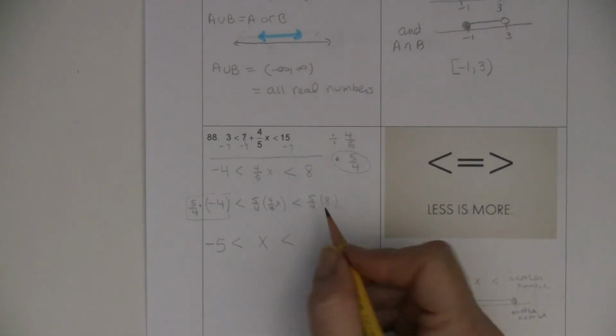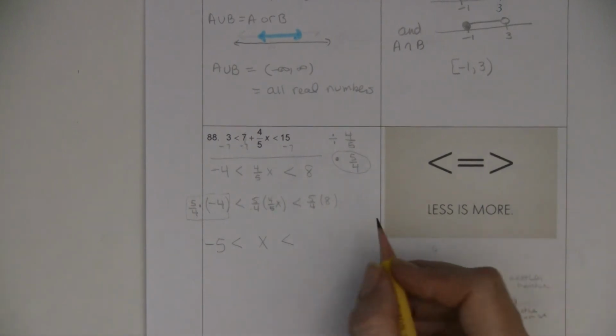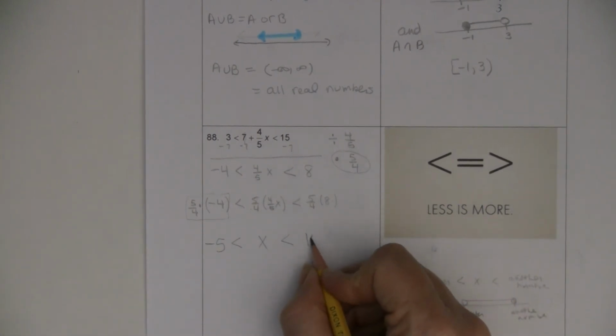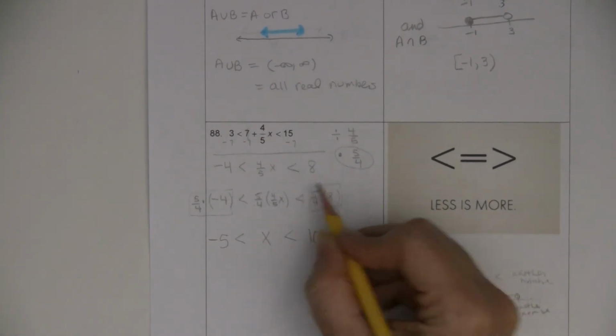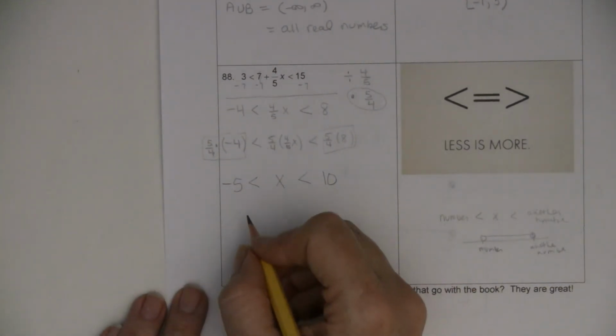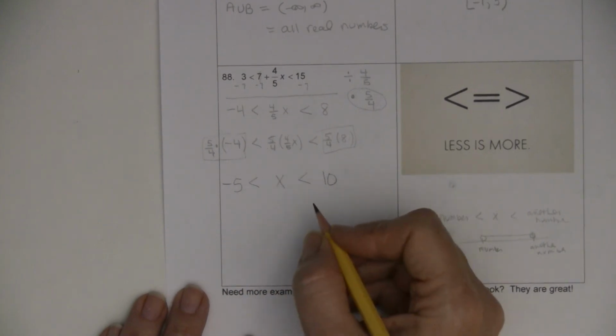And here the 4 cancels with the 8. They were sweet to me. It could be a fraction and it still would be good, and I get 10 up there. And so if this was a fraction, my life would go on. And then my graph of this thing, so this is my answer